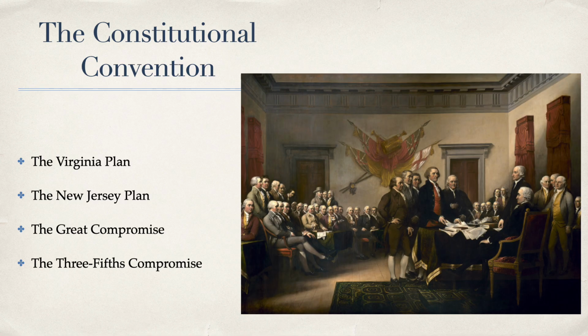With the slave trade, many delegates were appalled at the idea of accommodating an extension of the slave trade in the new Constitution. Others, though, saw it as the key to their future economic livelihood. At the time of the convention, 10 states had already outlawed the importation of African captives, and we had Georgia, North Carolina, and South Carolina still allowed it, and they threatened to walk out if it was limited.